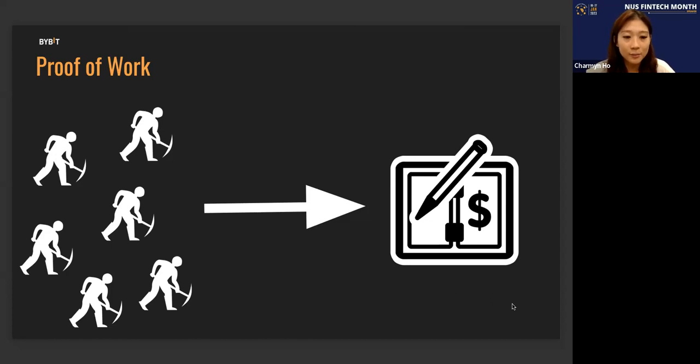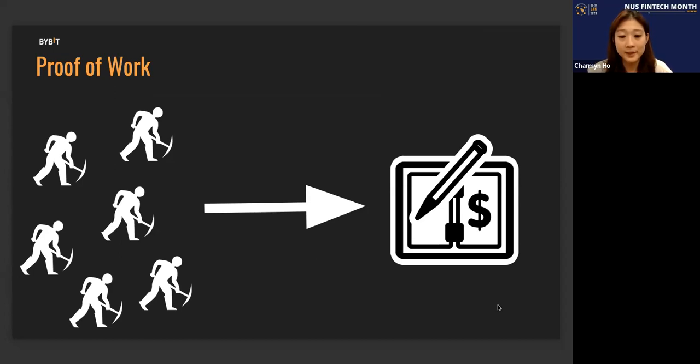So if you recall, before you can even input transaction data onto the database, it must first be verified by all participants involved in the network. But I guess let's be realistic, right? So some of these networks, especially the more popular ones, can have thousands or even millions of network participants. Therefore, it's not feasible for everyone to verify every single transaction that comes through this network. So how do we solve this?